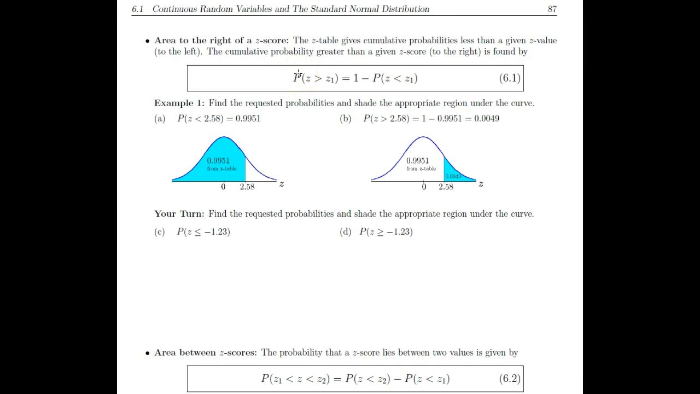So what we can do is actually generalize this procedure, I guess you could call it, that we just did in the first example, and that is to find the area to the right of a z-score. So to be clear, to find the area to the left of a z-score,